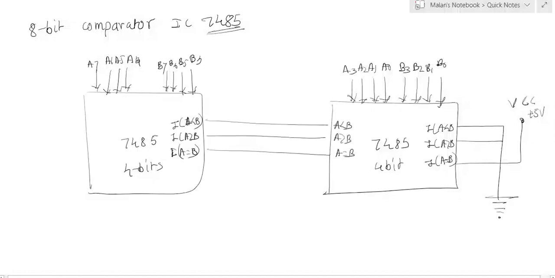Now similarly the final outputs, which are generated by A greater than B and A less than B, will be there. Final outputs will be generated here. This is the 8-bit comparator.